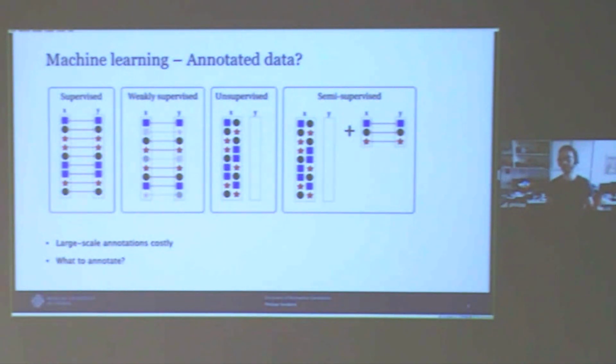So you can think about, instead of letting medical experts label your data, you can also put it online and just let other people annotate it. And this way, some of the labels may be good, but others may be wrong. So you will have some kind of weak labels in this case. And in the semi-supervised setting, you also try to combine the best of both worlds. So you make use of large unlabeled data sets, learn some structure in them, and then in a second stage, you fine-tune on small labeled data sets.